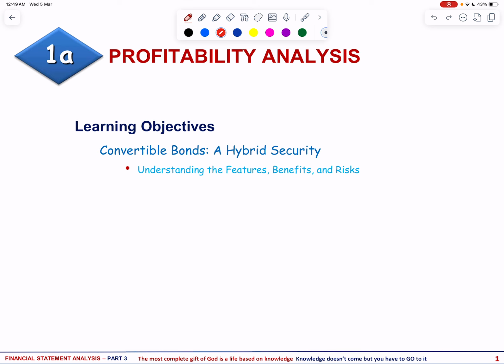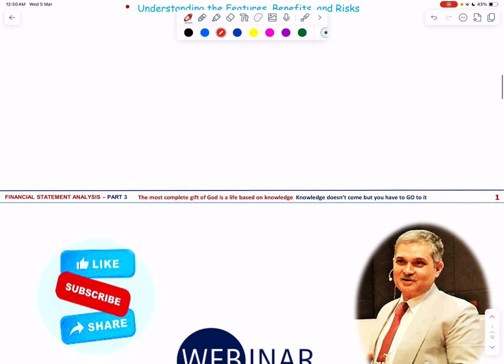In this video, we will talk about convertible bonds. We will talk about what convertible bonds are, the key features of convertible bonds, what is the conversion mechanism, the advantages to the bondholder and the benefits to the company, why an investor should invest in convertible bonds. We will explain two different scenarios on convertible bonds. And finally, we will talk about the risk of convertible bonds.